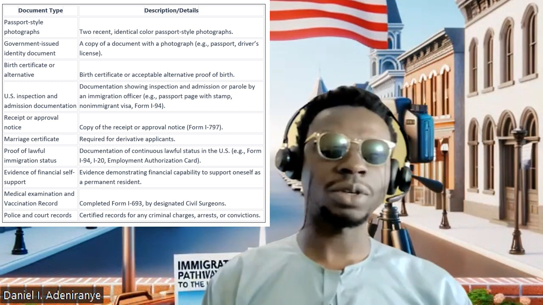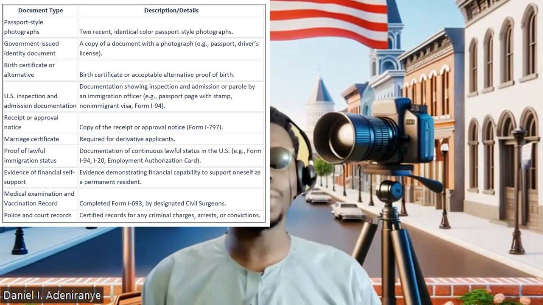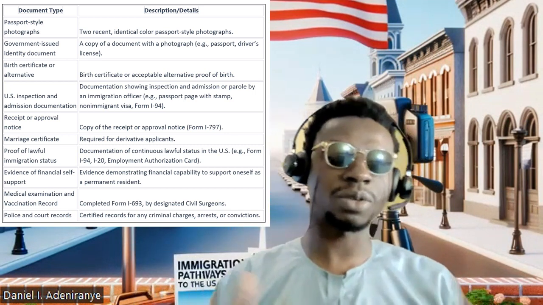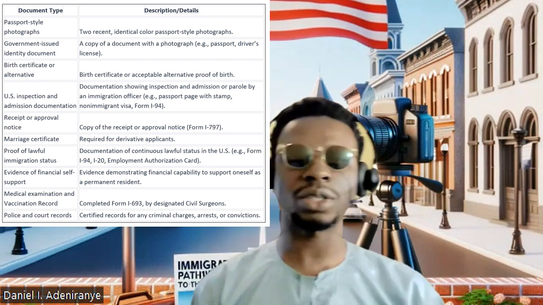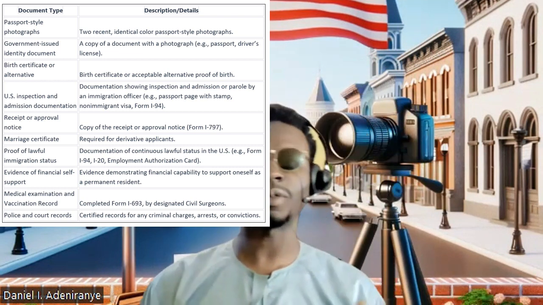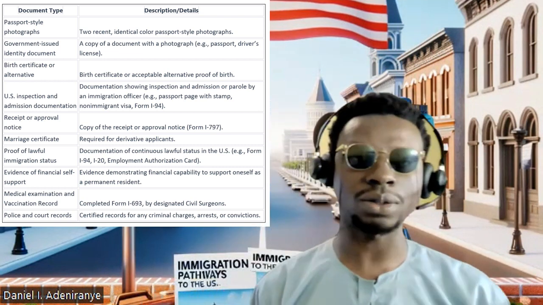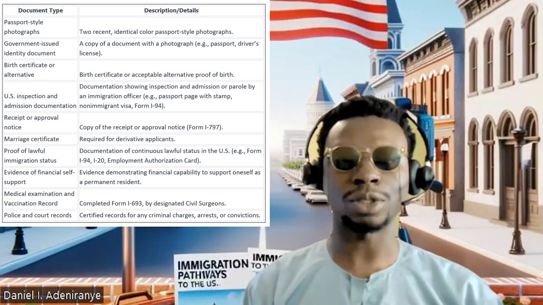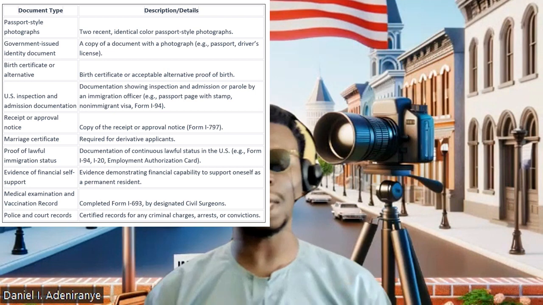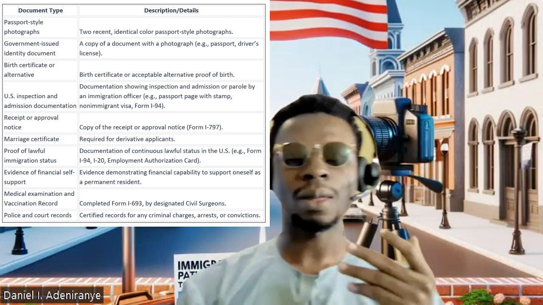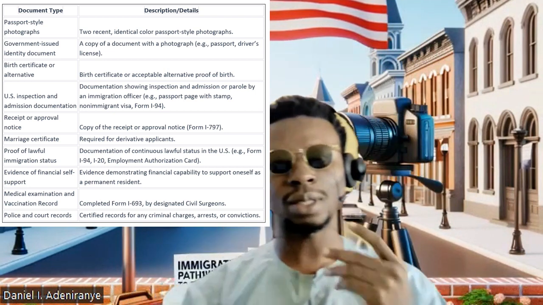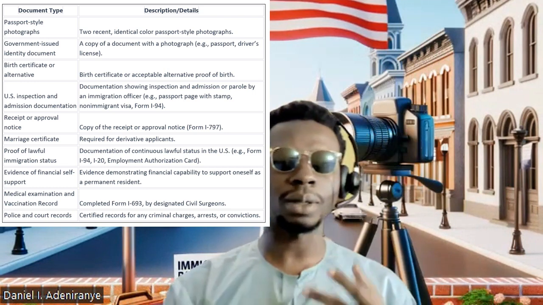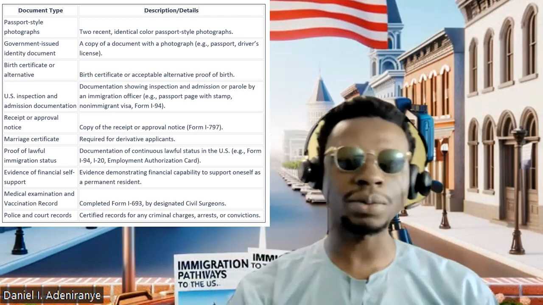If you are an individual who has maybe a criminal charge or who has previously been arrested or have a conviction, try and include a certified police or court record to that effect. That won't stop your approval of the adjustment of status. Now, all these documents, please listen to them again and try to start preparing them,